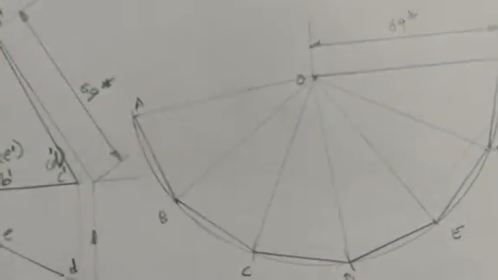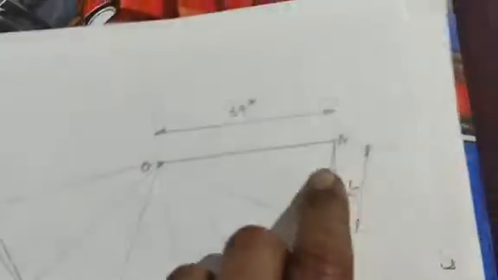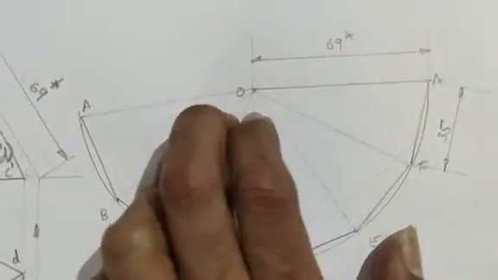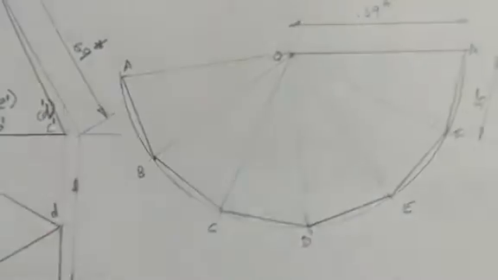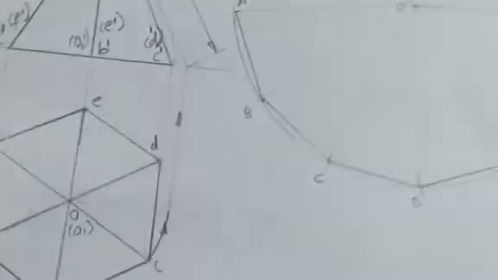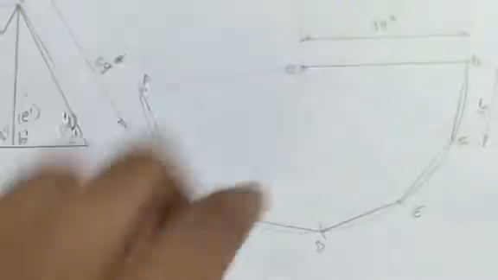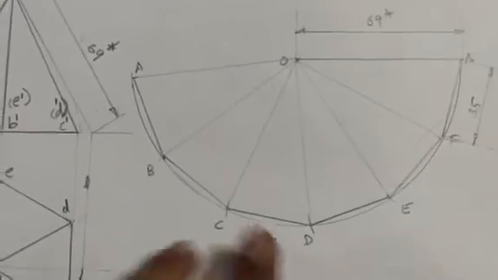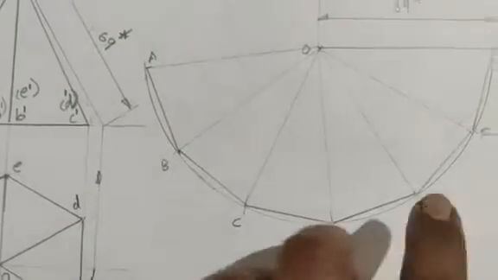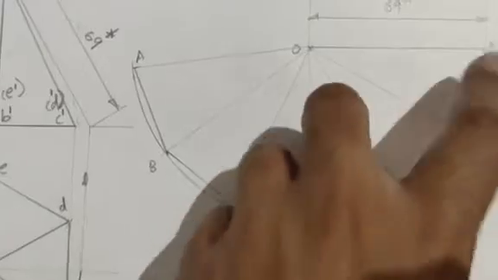Then I have to mark the edges A, B, C, D, E here. So you name this first, where you have drawn 69 mm here, you name this as OA. Since it is a hexagon, there are 6 sides, so 6 times 35 mm you cut on the curve. Is it clear? So you can name them. Start with A, B, C, D, E, F, A. So 1, 2, 3, 4, 5, 6.